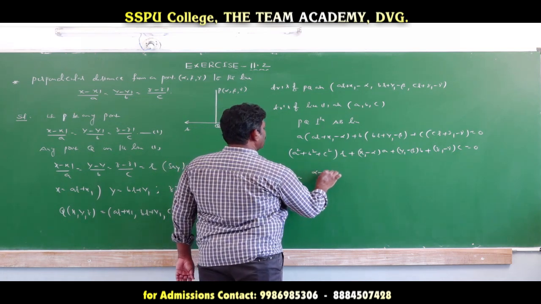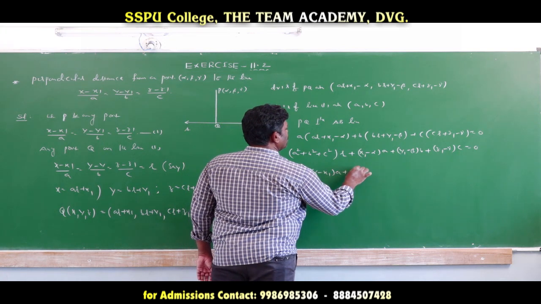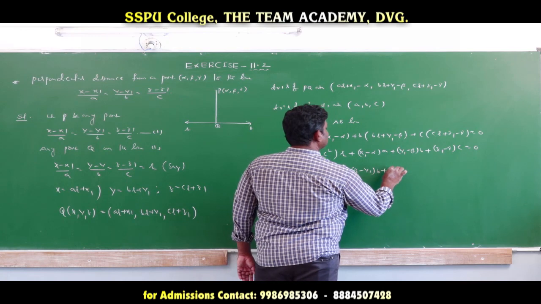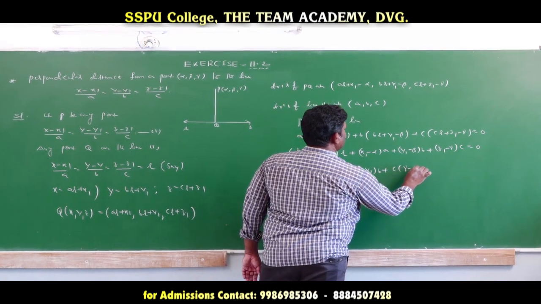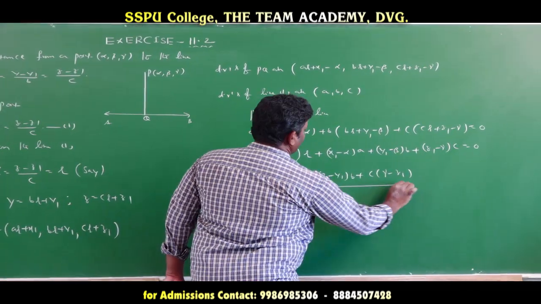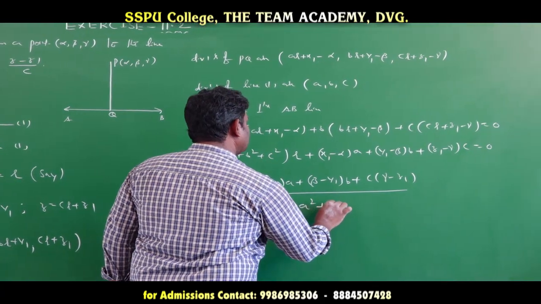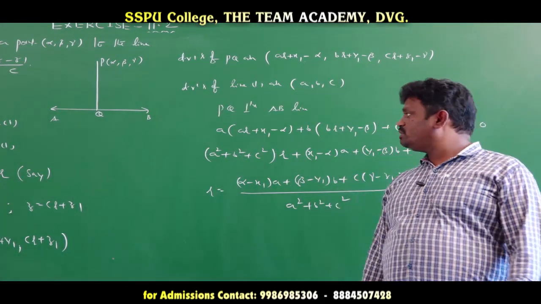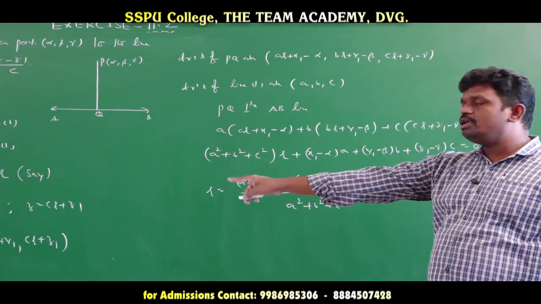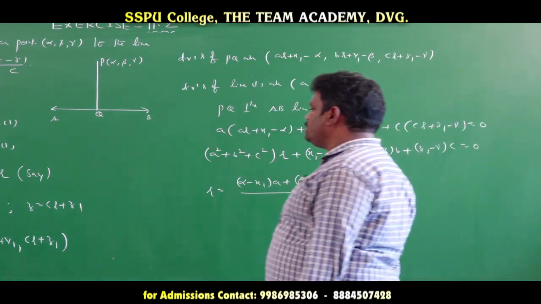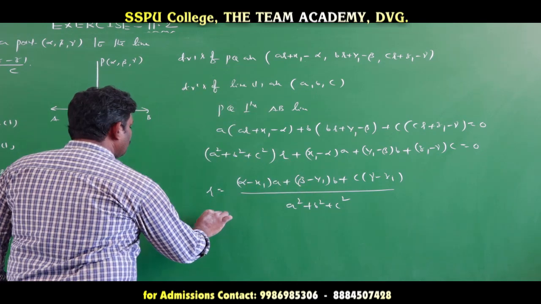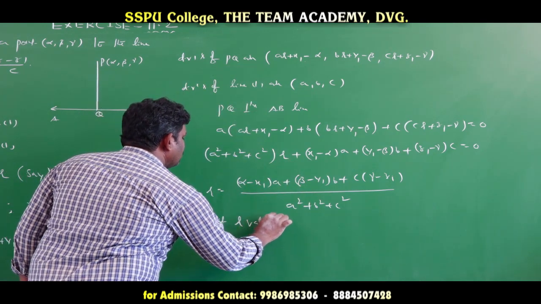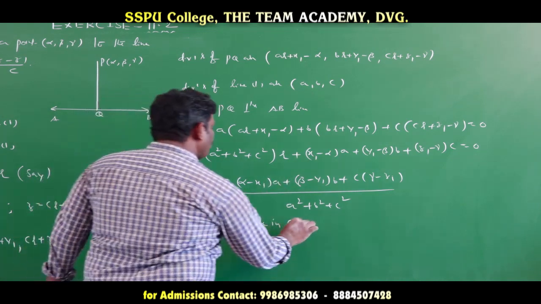So (alpha minus x1) into A plus (beta minus y1) into B plus C into (gamma minus z1) by A square plus B square plus C square. Now this is the R value. Now this R value, we substitute in the Q point. Put the R value in Q, then we get